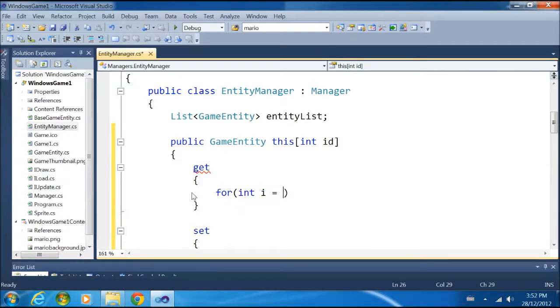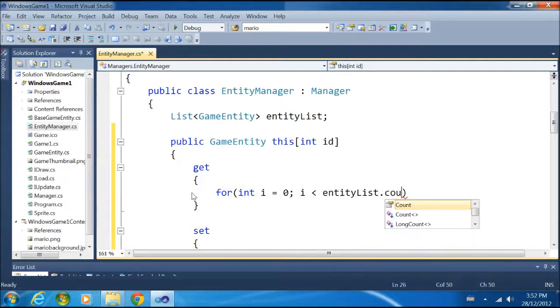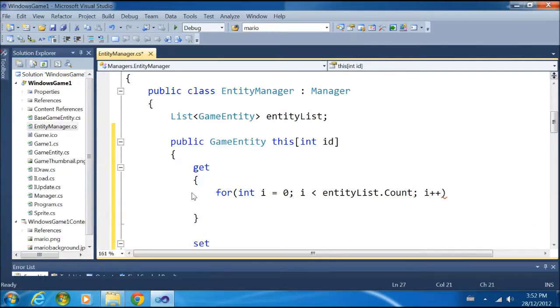So starting off with the indice or the counter, 0, condition I less than entity count. Sorry, I'm having a brain fart. I plus plus. We're going to loop through the entire list, and then